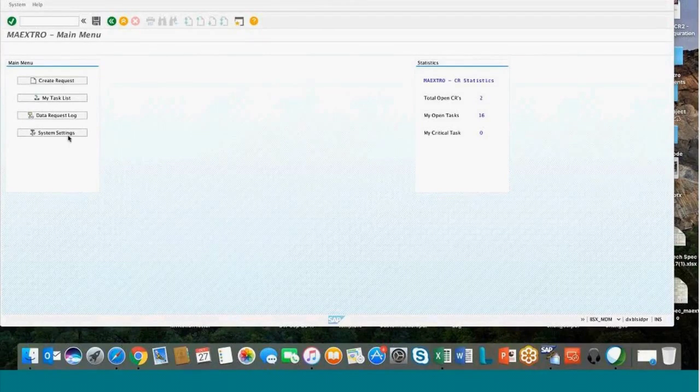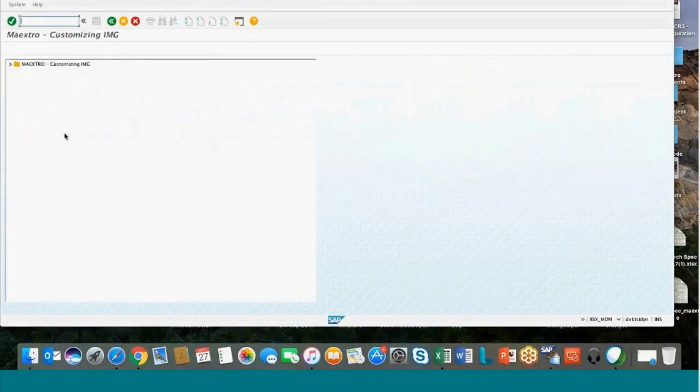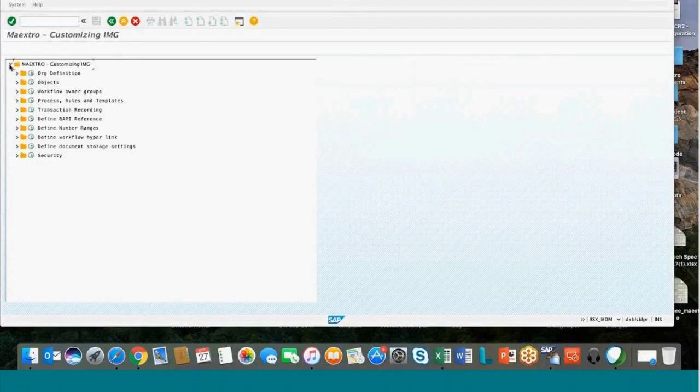Now the option I have here is system settings. So this is standard Maestro config in IMG. Those who are used to doing this config in SAP can relate to this. Now it's exactly the same. There's no difference at all. I'm not going to go through all of this because it's very comprehensive. It takes days. But just to give you a flavor of how to configure the process,